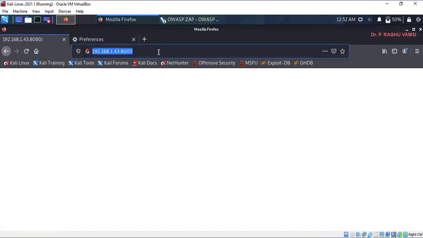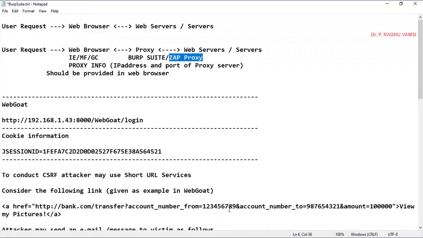So now you will get this particular thing. And sometimes, because this is the proxy, obviously whenever any request comes from the web browser, it has to be handled by the proxy. So the proxy should trust the browser, that the request is coming from the browser itself and the response will also be going to the web browser.